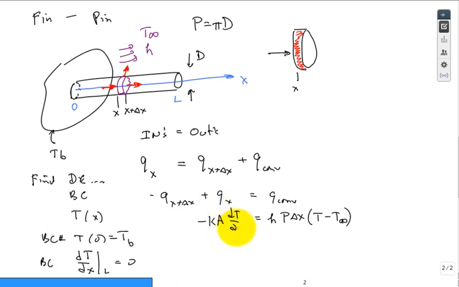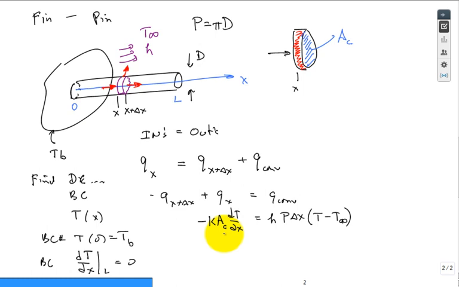What do you mean by A? It's going to be this area. Right away, the student can get confused by what area. The area for convection is different than the area for conduction down the length of the fin. And so this area, a lot of times I'll put a subscript C on it. Why do I put a subscript C on it? Well, it's a cross-sectional area